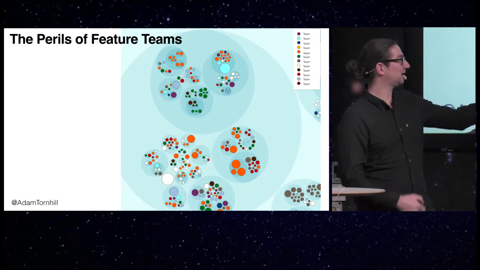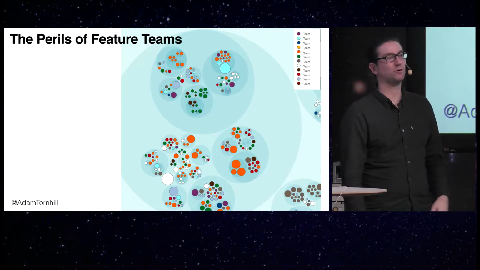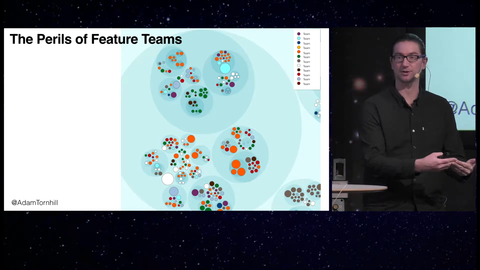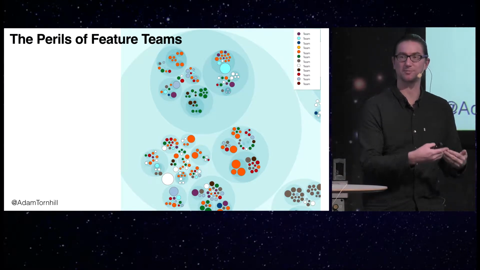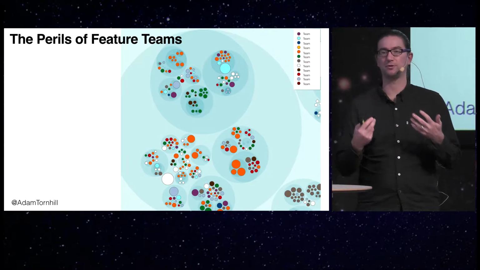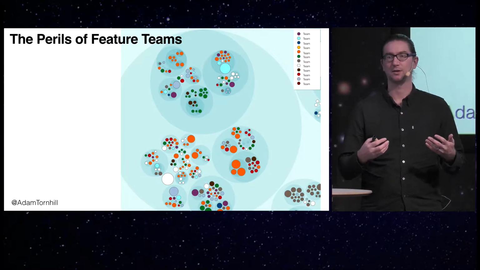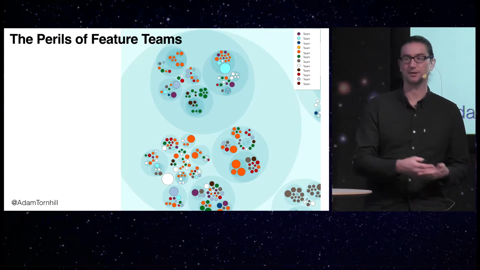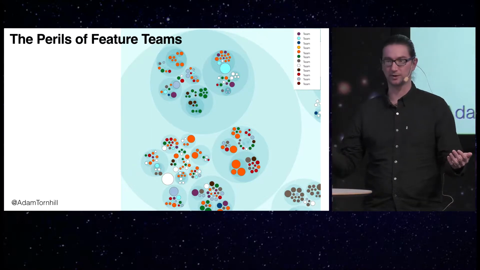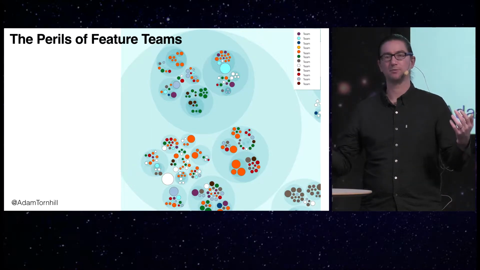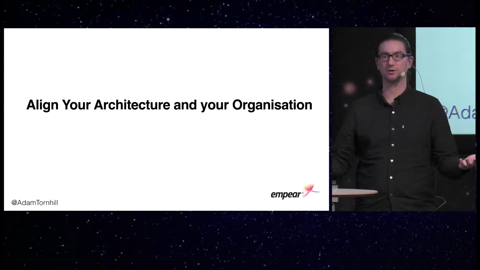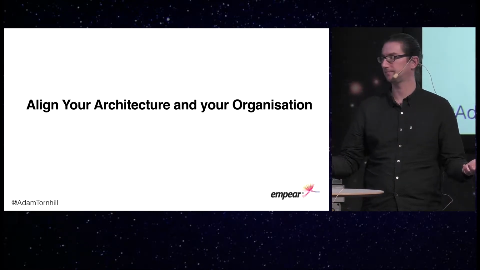But it's a bit more than that, because it also puts you at risk for things like unexpected feature interactions, which are kind of like the worst possible bugs you can ever have. And besides that, I also think you miss synergies between different features. That is, opportunities to simplify not only the problem domain, but also the solution domain. So whatever you do, please align your architecture and your organization. Your code is going to thank you for it.